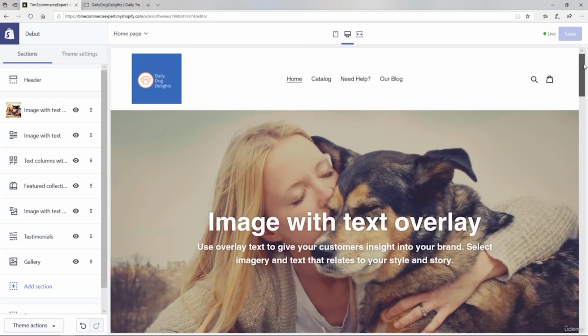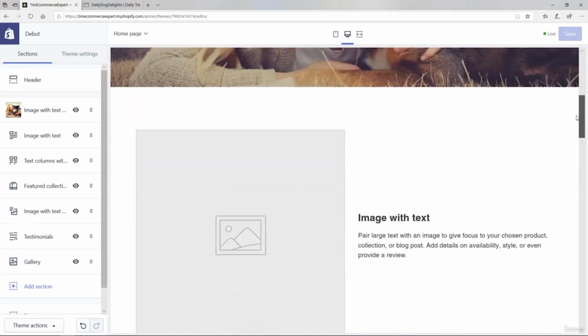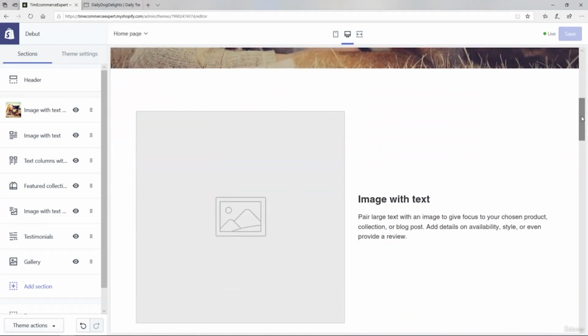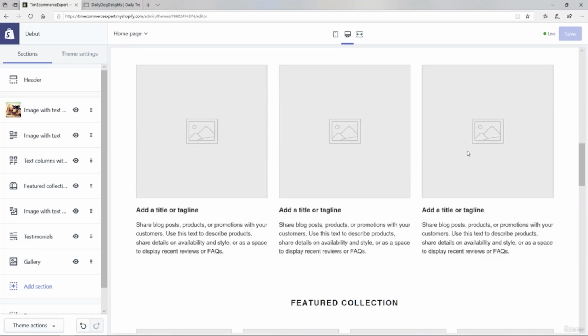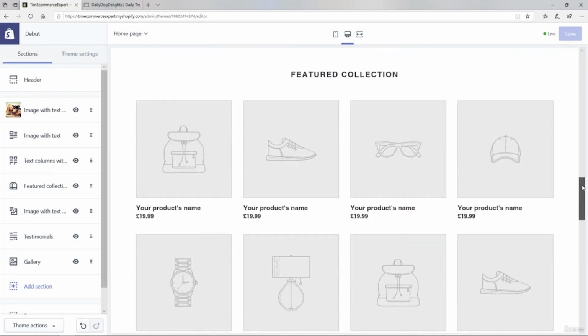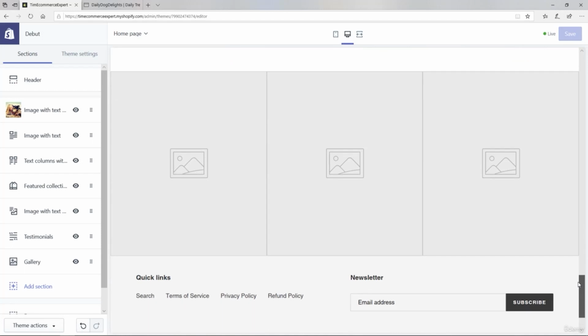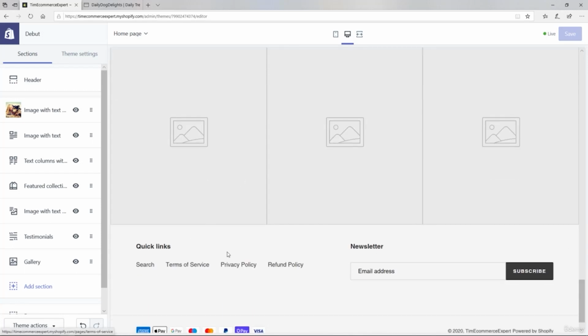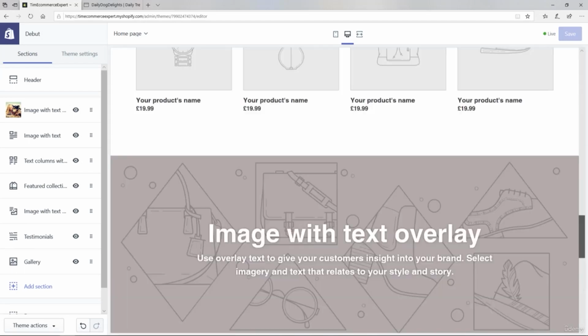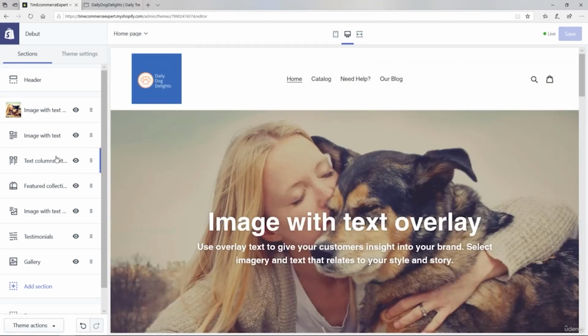So what I'm going to do is, of course, keep the header and this main image with text overlay. We'll also keep the image with text here. We'll take this one away, but we'll keep the feature collection, and we'll also remove this additional image with text overlay here, the testimonials, this section here, but we'll keep the quick links and the newsletter and everything that's in the footer. So in order to do that, as you well know, what we need to do is to click away this one here, we need to click away this one here,